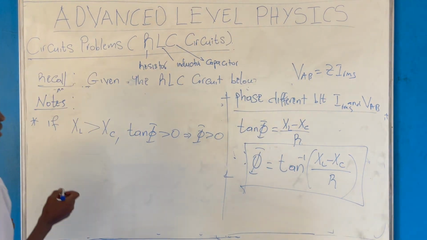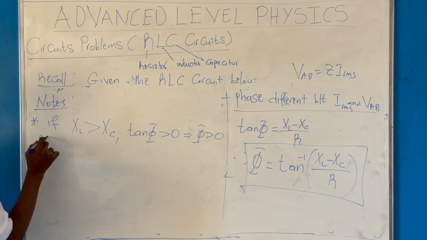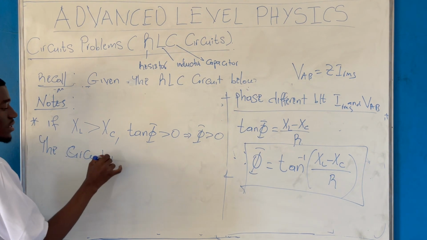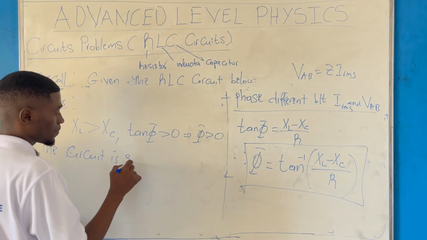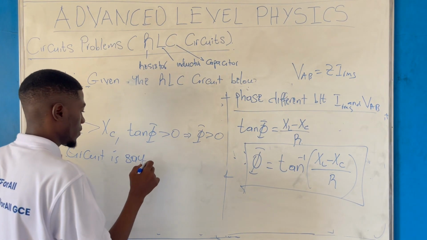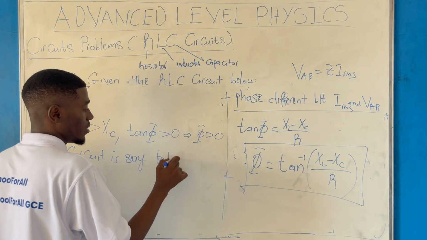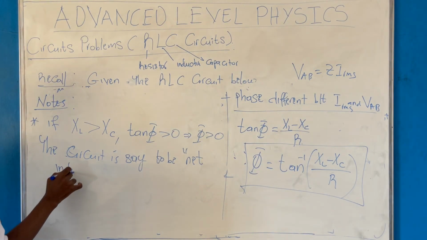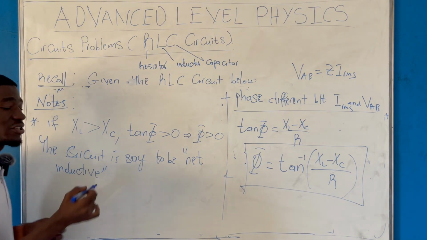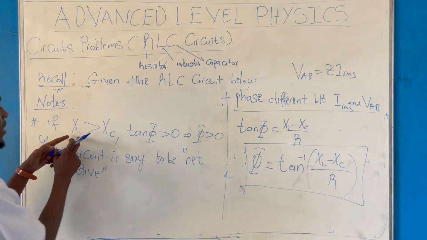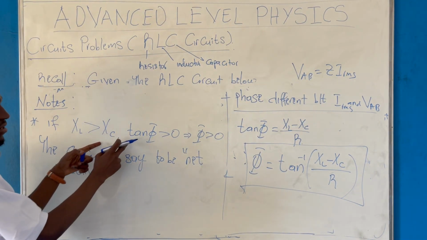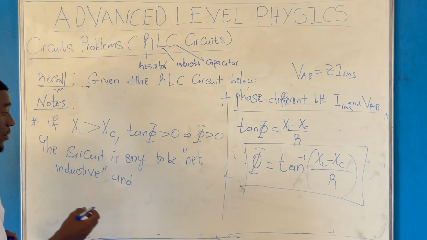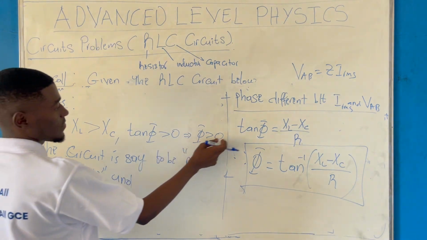The consequence is that the circuit is said to be net inductive. So let's say the circuit is more inductive than capacitive because the inductive reactance is greater than XC. So the circuit is said to be net inductive and as a result, when phi is positive,